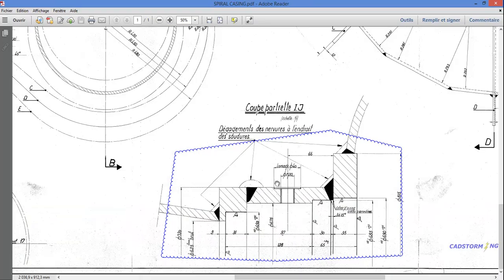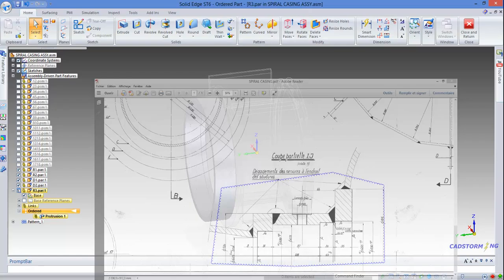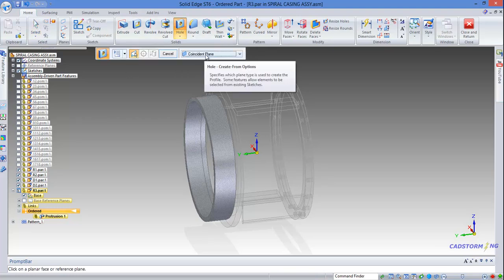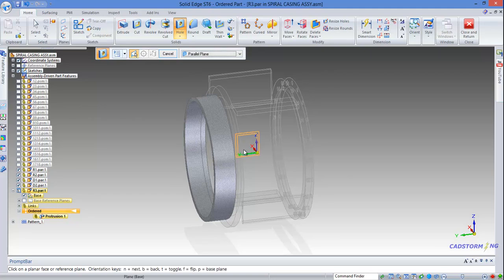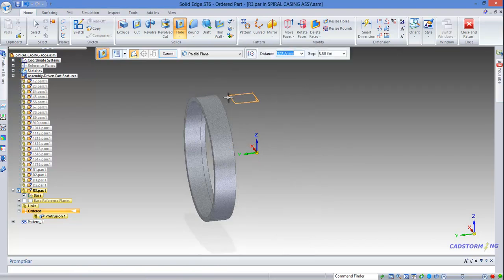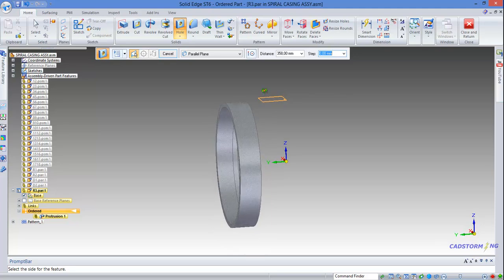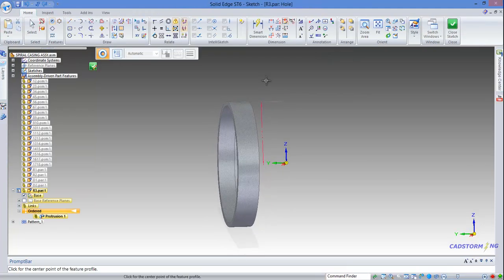Now we are going to create this counterbore threaded hole. To do that, we are going to use the hole tool, and we are going to make sure that we start from a parallel plane, and we select the XY plane, and maybe Ctrl Q to hide assembly components, and we make sure that the distance is 358, then enter, and make sure that it is on this side, and we will orient the sketch normal to